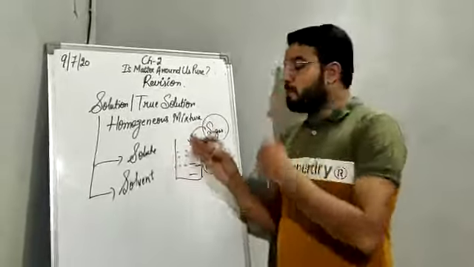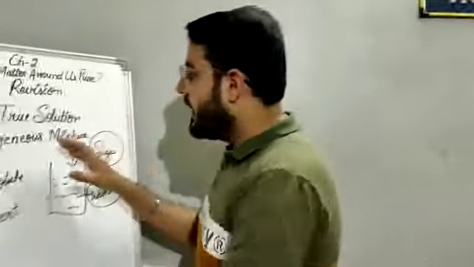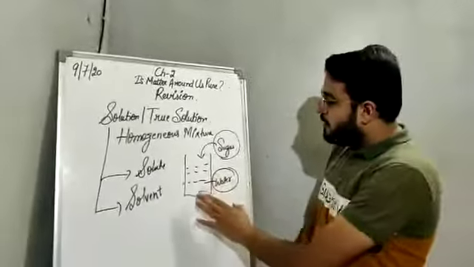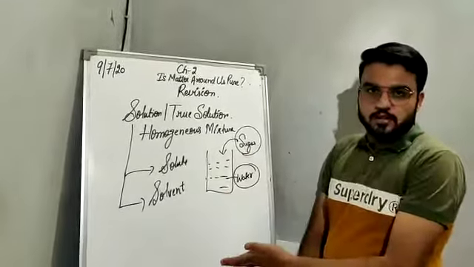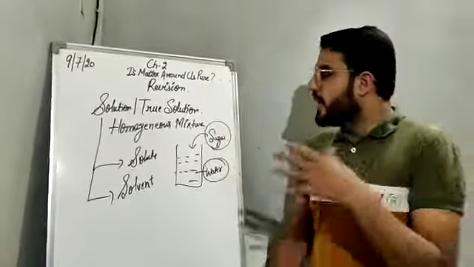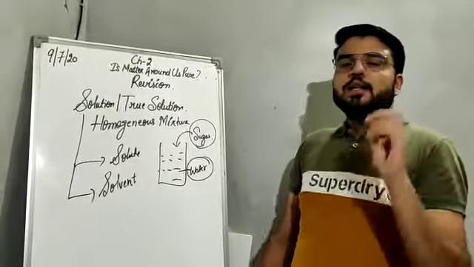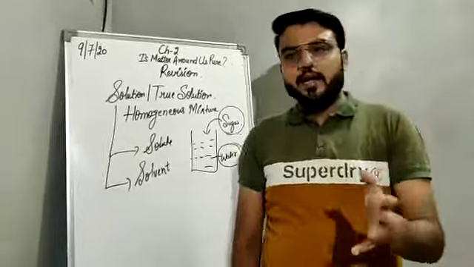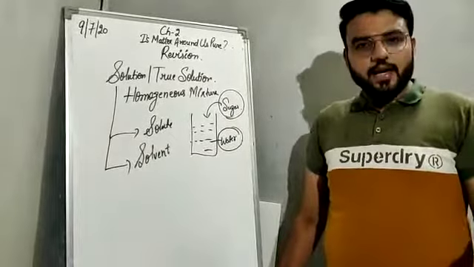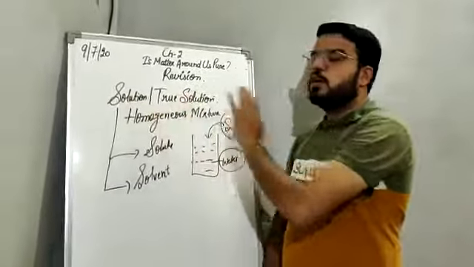Now why are solutions called true solutions? Because there are no visible boundaries of separation. After dissolving the sugar, you cannot see the sugar particles. The sugar gets completely dissolved in the solvent, in the water. That is why they are called true solutions. The size of the particles of the true solution is so small that they cannot be seen by the naked eye. Means we cannot see the particles of sugar and the particles of water by the naked eye. They are so small. So these are called solutions or true solutions.